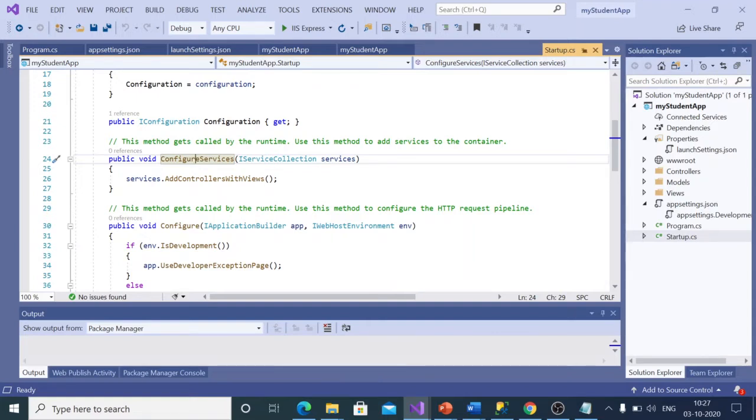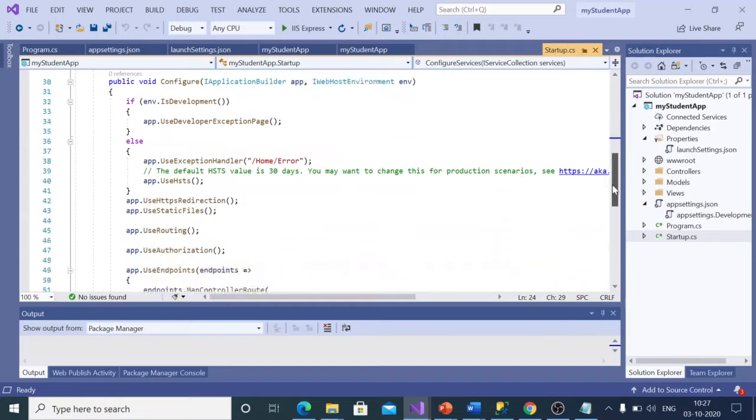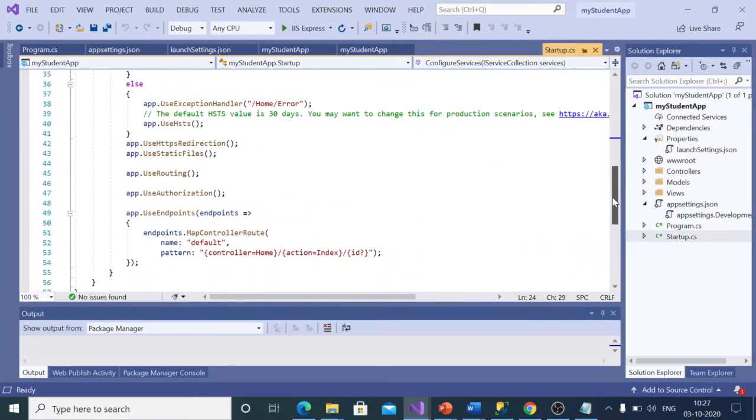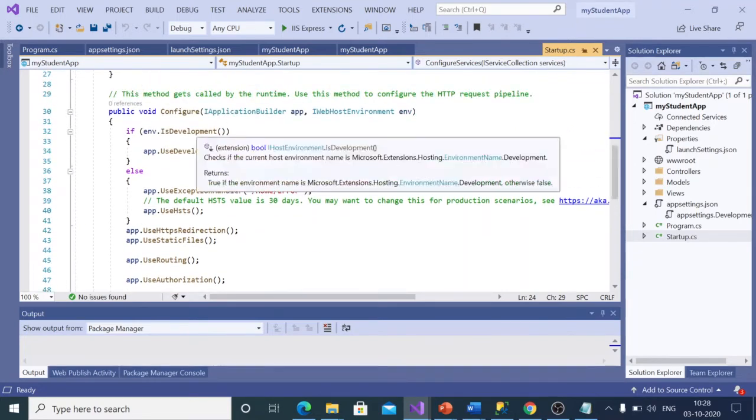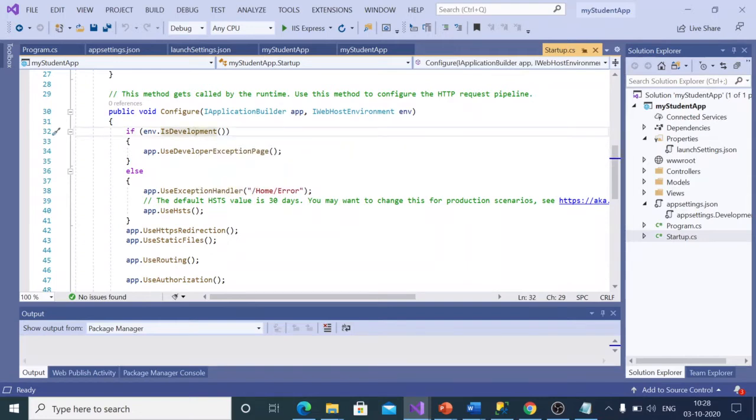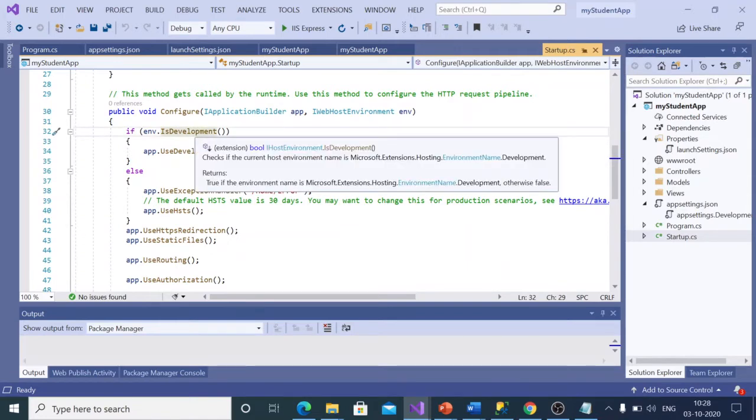The key thing in here is that you can define the environment, and then the endpoints on how the routing happens. And the last thing, let me see one more thing in here. Okay, so in this configuration it says is development, so it identifies whether it is a development environment or not. This we earlier looked up